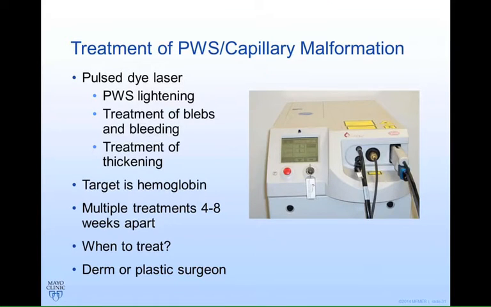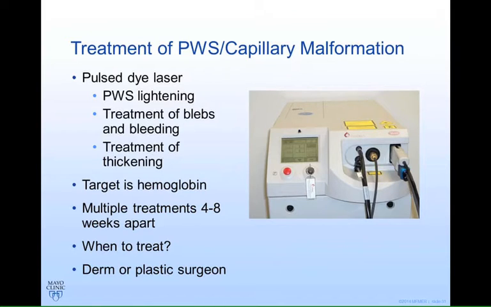So then looking at the capillary malformation itself, what can we do about it? The most common treatment when treatment is desired is laser treatment using this pulsed dye laser. And what the pulsed dye laser does, it has a specific wavelength that it uses, and that wavelength actually targets blood. And so the idea is that it targets the blood, so then destroys the blood vessel, but really minimizes damage to any of the surrounding tissues. And so it's what we like to use most when we treat different vascular birthmarks.